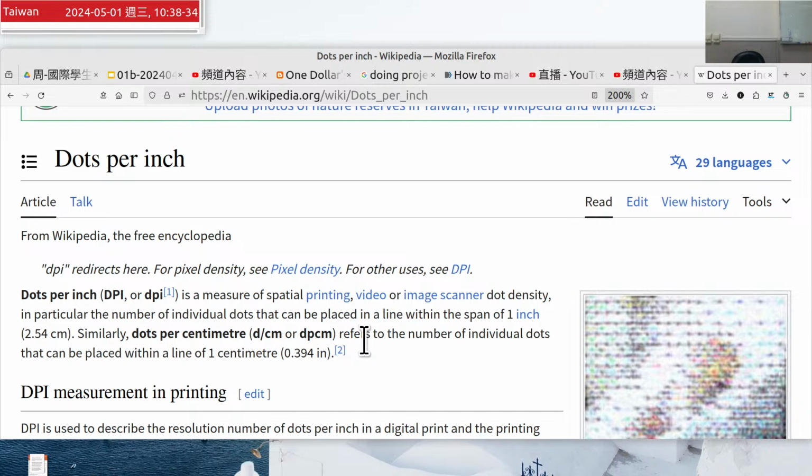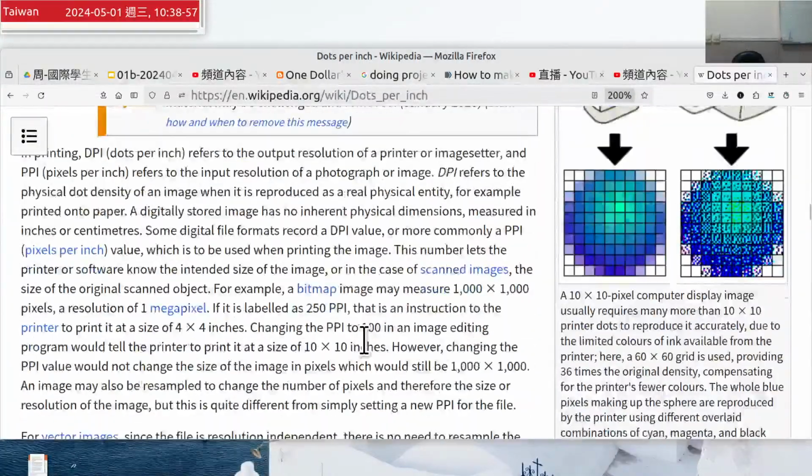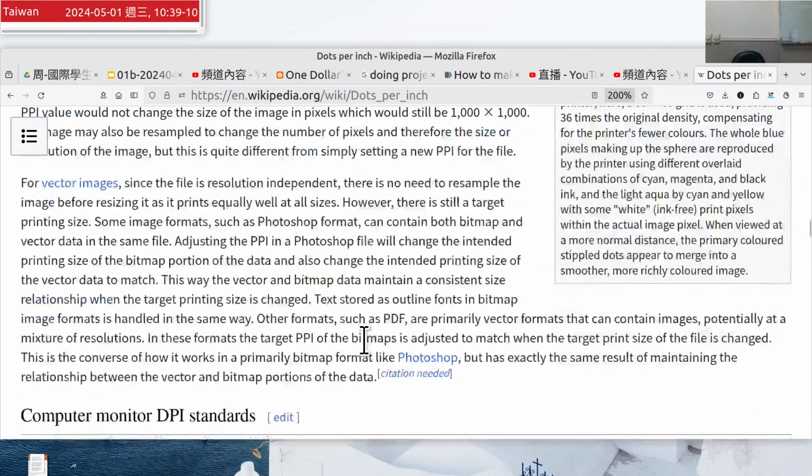Then here 300 dpi, dots per inch, is the basic requirement for printing. In the future, if you need to print your results on A4 paper or in a poster, remember that 300 dots per inch is a requirement for everyone. Okay, get it? If you have any problem, please let me know. I'll be happy to share this experience. 300 dots per inch is a requirement. Okay, then go back to